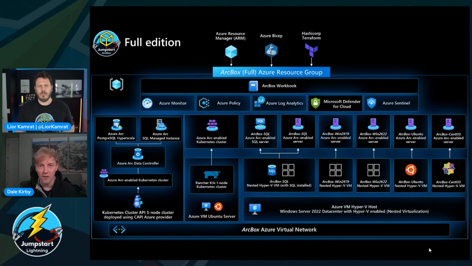That's everything you know and love in ArcBox, plus some new goodies as part of our version 2 release. We're also including new automation templates for Azure Bicep and HashiCorp Terraform for users that want to deploy with something other than traditional Azure Resource Manager templates. And there's a ton of other automation improvements and fixes. But why don't we take a look at the IT Pro